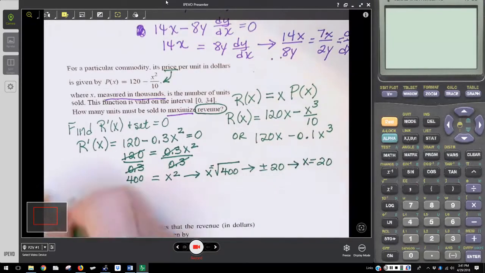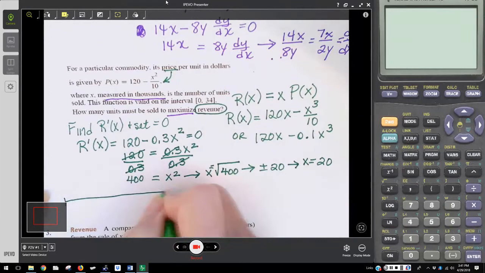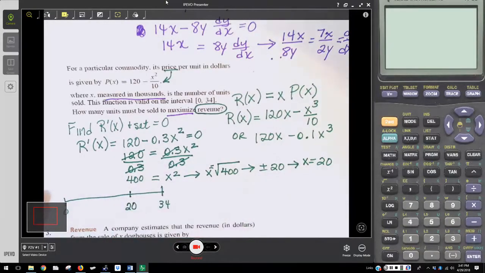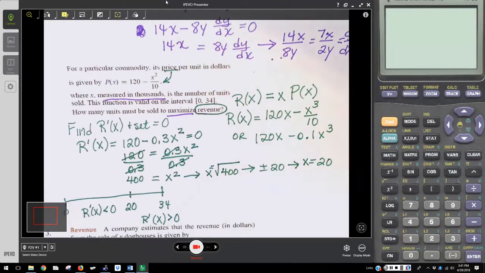So then all that needs to be done, since we're going to go from 0 to 34, and we know there's a critical value at x equals 20, what should happen is that r prime of x should be negative on this interval, and r prime of x should be positive on this interval. And if that's the case, then x equals 20 is a maximum. So if you set your derivative in your calculator, and that's the easiest way to do this since it's just arithmetic,